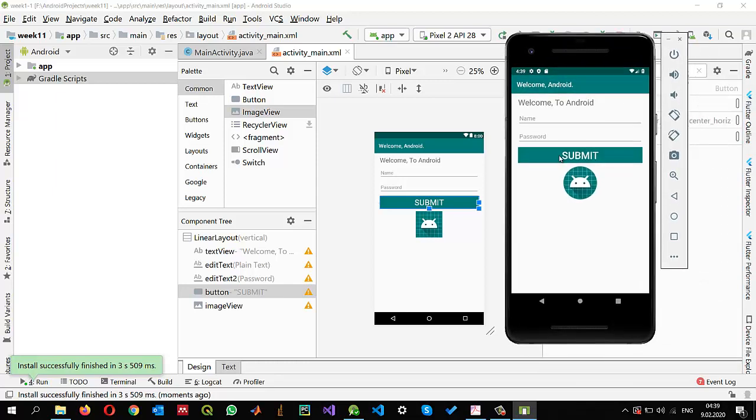Of course, the submit button will do nothing, so we just put some user interface elements, and we did not write any of the code, so we can write anything here, and we can write the password. So this is how we can design the user interfaces and run the application in